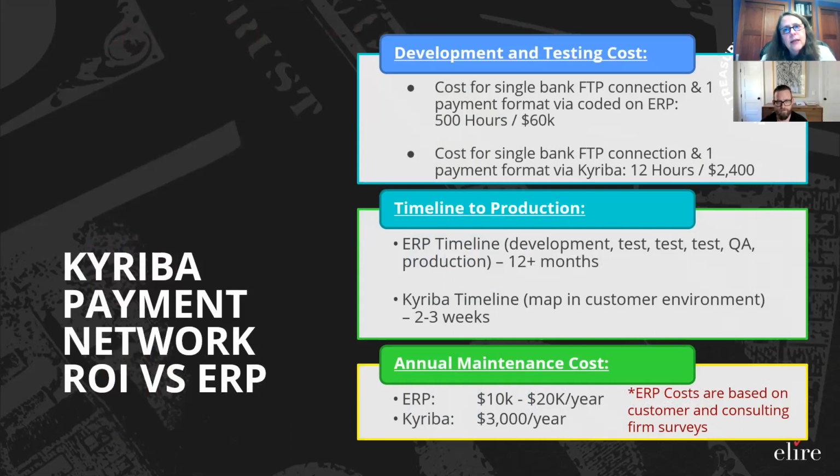From a quantitative perspective, we typically save clients between 70 and 80% in terms of both cost and time. So you can get set up much more quickly. We have an actual customer's information that I didn't build the slide on, but I can share with you. They looked at a 5-year total cost of ownership. They had 50 banks that they were dealing with that were global.